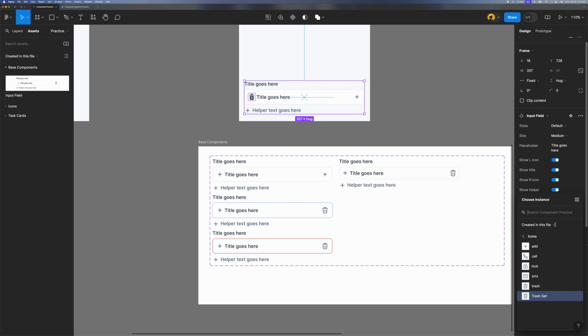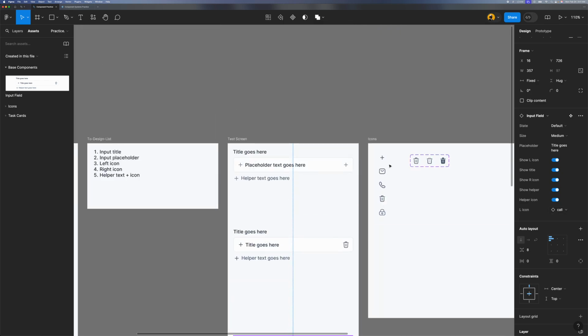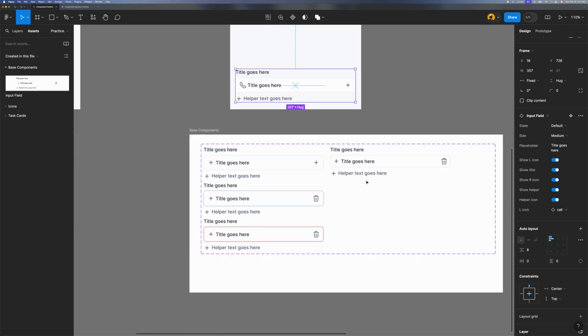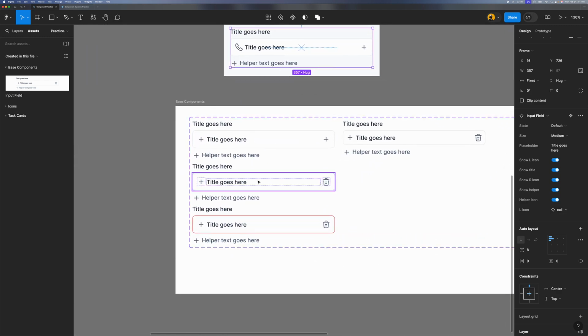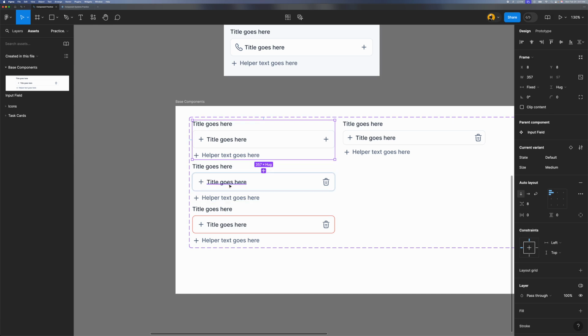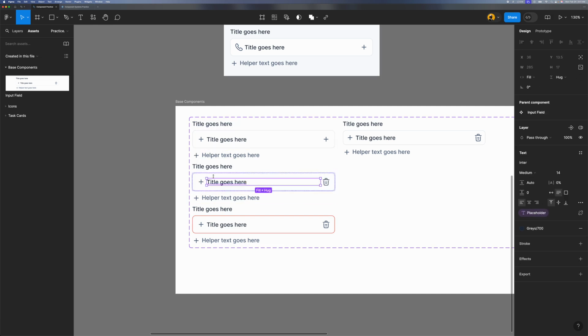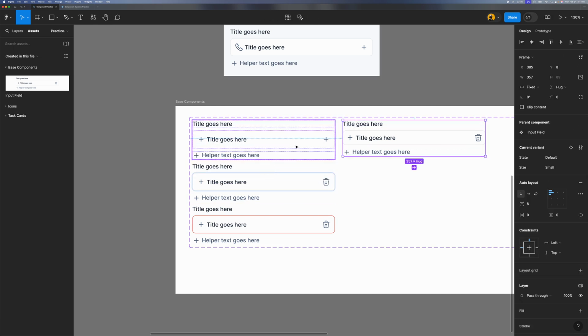So if I come in and switch this to this, obviously when I switch to that, I no longer have access to the nested icons for the trash set, because the instance that is visible is just a normal icon that is not a set like this three. So what I can do now is just add all these properties. This particular variant has